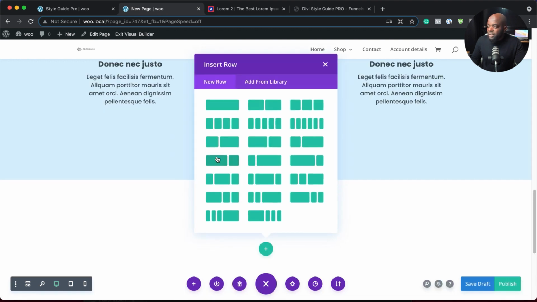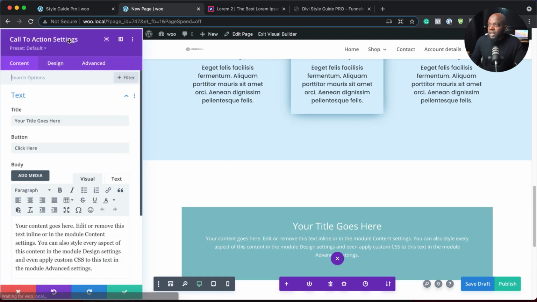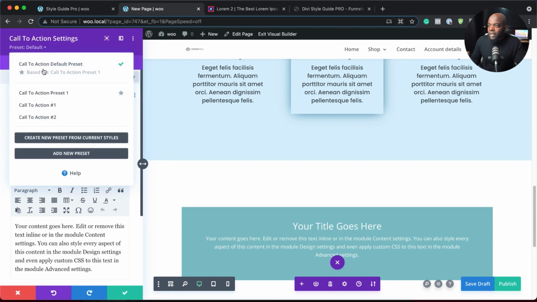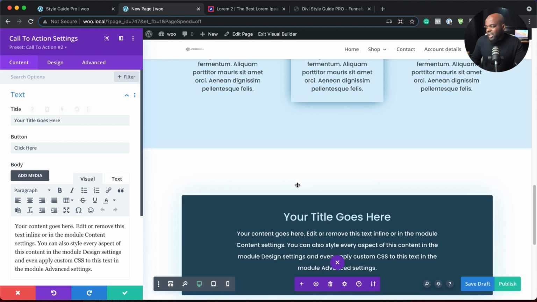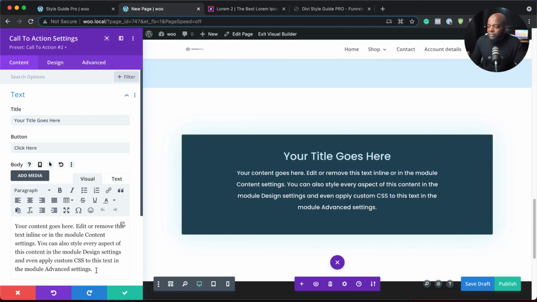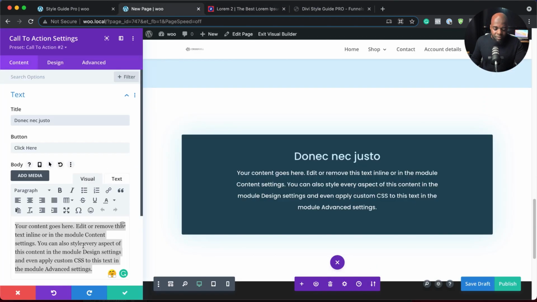Let's say for this section here, I want to add a call to action. I can just come over here, search for my call to action, and I'm going to come on the top here and choose call to action number 2. Yeah, let's go for a dark one. And then all I have to do is add our text. Let's copy our dummy text from here. We're going to paste it